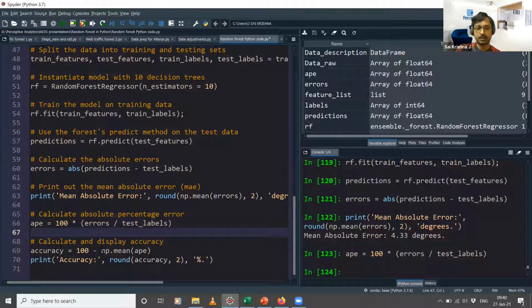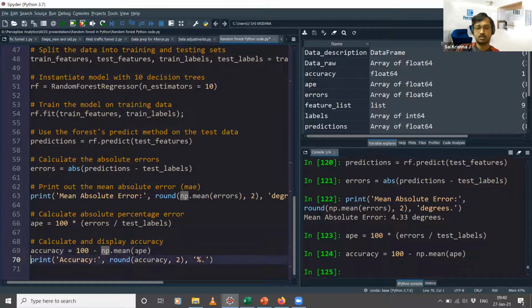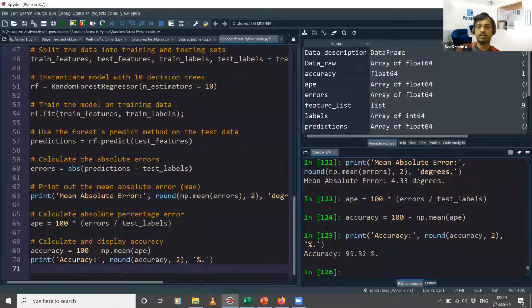Okay, and by error here, what we mean is the mean absolute percentage error, which is the mean of all the individual percentage errors that you have. So 100 minus the mean of this absolute percentage error. So the mean of absolute percentage error is what is called MAPE in data science terminology. So accuracy is 100 minus MAPE, and let's see what the accuracy is. So right now the accuracy that we have is 93.32%.